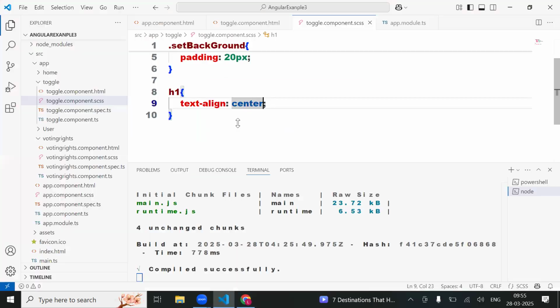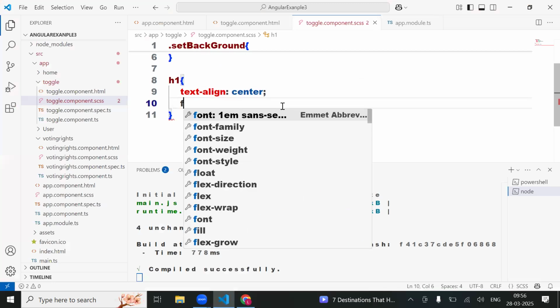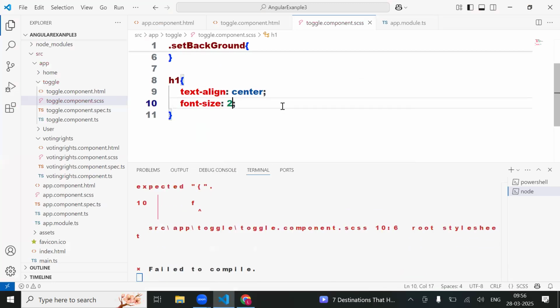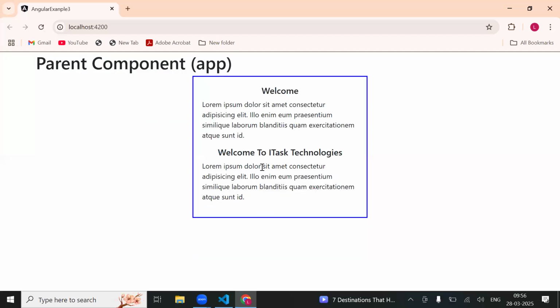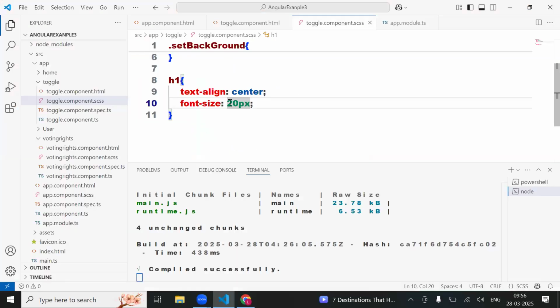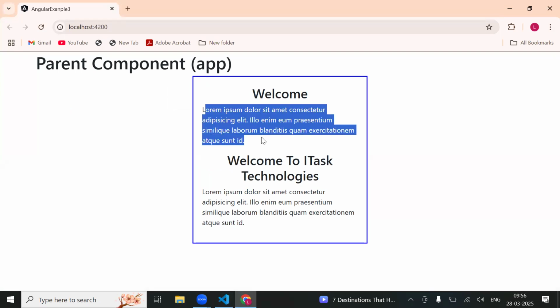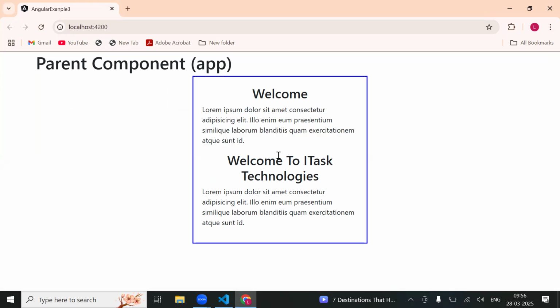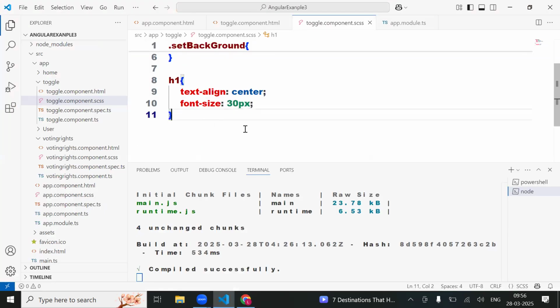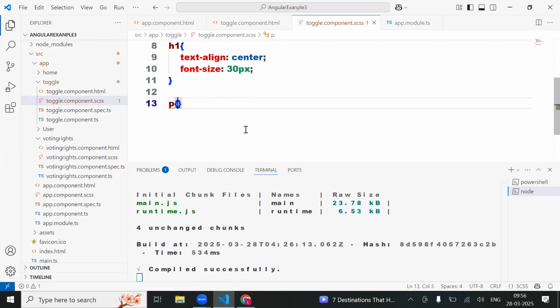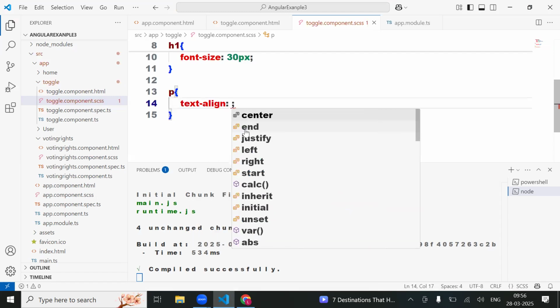And sir, I want to change the font size. I go font size 20 pixel. I can make it 30 pixel. H1 always be 30 pixel. Now it is good. Is it good? Now, the paragraph is not in good shape, right? Yes, sir. So what do you need to do? I'm going to have p tag text align